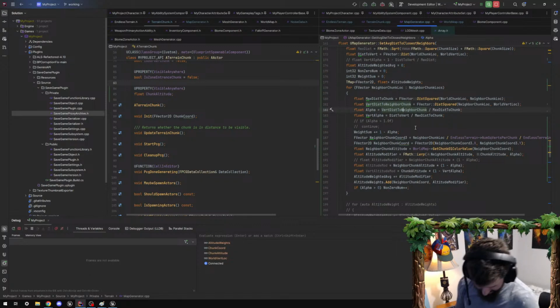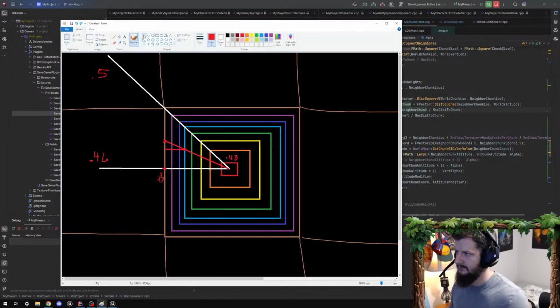Which would be like what I was showing here, max distance would be this white line. I'm going to act like that's going to 2 centers. And then I use this point, I say, what's the distance between here and here? And then I divide them, and it would give me 0.5, which is the number that I want. And then I want to take 0.5 and I lerp between these two values, which 0.5 between those two values is 0.47. So that's what my thought in my head was, but it's not working